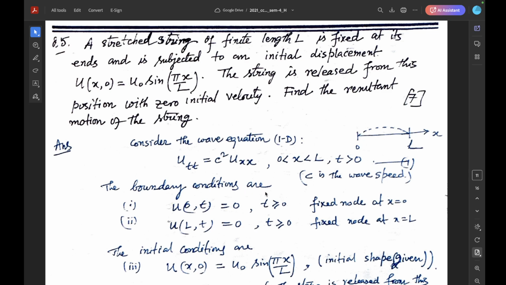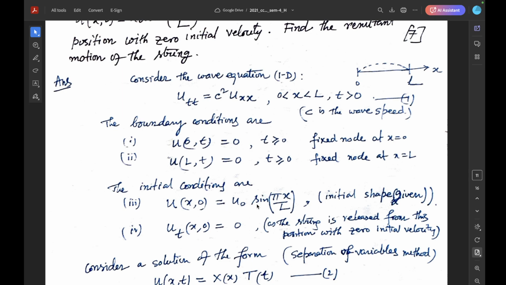Now the boundary conditions are u(0,t) = 0, a fixed node at the point x = 0 when t ≥ 0, and u(L,t) = 0, a fixed node at the point L, for all t. So these two points are fixed. At the point 0 and at the point L, this string is fixed. So these are the boundary conditions, and the initial conditions are